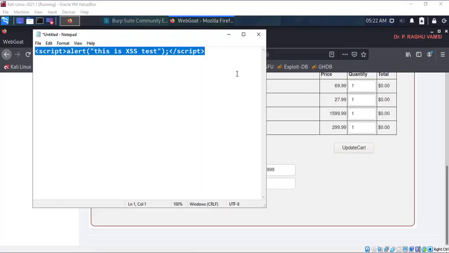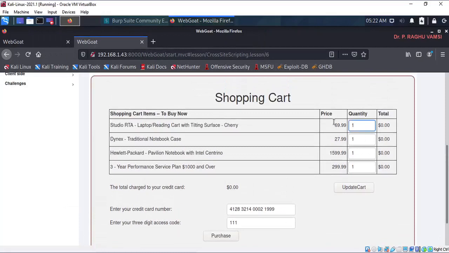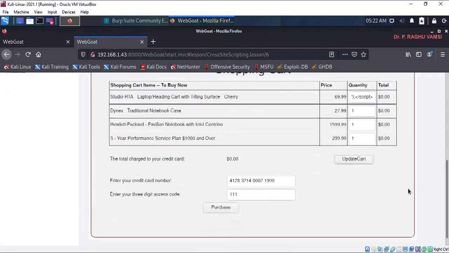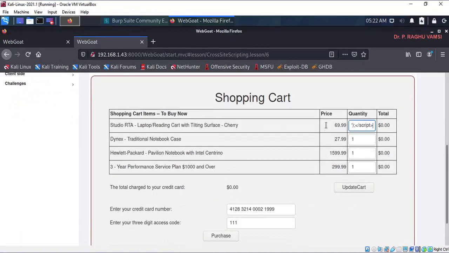So this is a small piece of code that I want to use. What I will do is I will place it here and click update cart. It's not giving any information, and let me see, rename to 1.